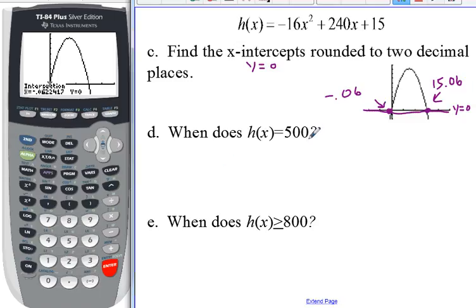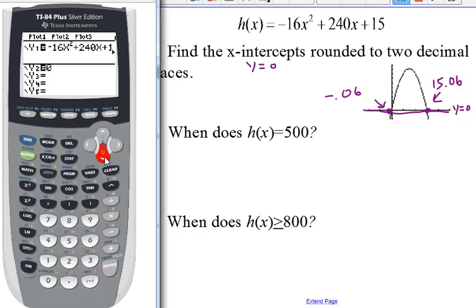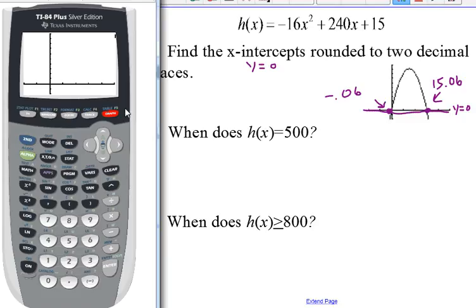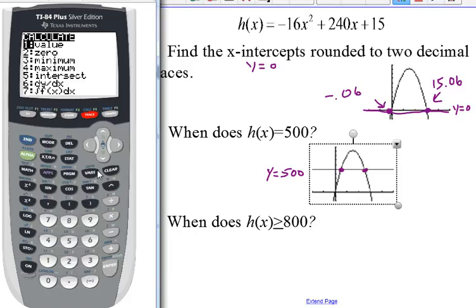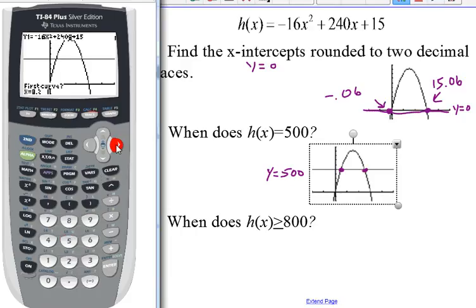So in choice D, when it asks us when does h of x equal 500, we're going to go into our y equals, and rather than finding the intersection with 0, we're going to find the intersection with 500. So I typed in y equals 500, and there's my graph, and I can see where those two answers are going to be. They're going to be right here and right here. And here's that line, y equals 500. And so we're going to do the same thing, second calc, intersect, and we're going to go closer to one of them, press enter 1, 2, 3 times, and I get 12.59